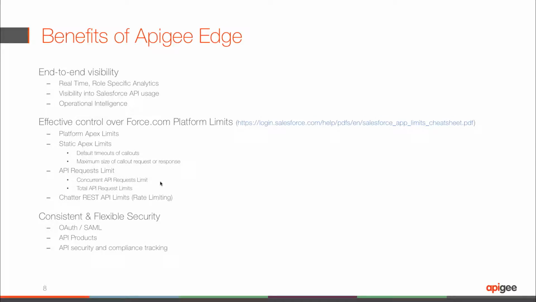very, very easily. So using Apigee Edge, you can use a lot of traffic management policies, such as spike arrest, such as the concurrent rate limiting policies. And you can use that to be able to effectively control your platform apex limits. You can use Apigee to control your static apex limits, such as default timeouts of callouts, maximum size of callouts, request and